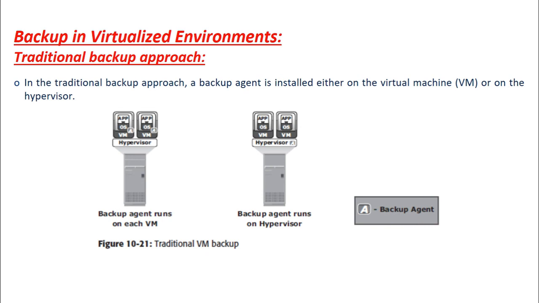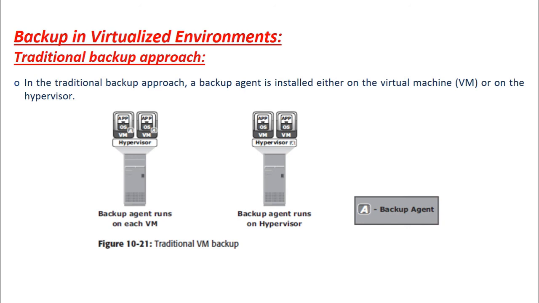If the backup agent is installed on the virtual machine, as shown in this diagram, the virtual machine appears as a physical server to the agent. The backup agent installed on the virtual machine backs up the virtual machine data to the backup device. The agent does not capture the virtual machine files such as the virtual BIOS file, the virtual machine swap file, logs and the configuration files. Therefore, for a virtual machine restore, the user needs to manually recreate the virtual machine and restore the data onto it.